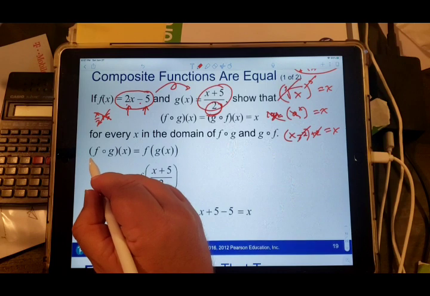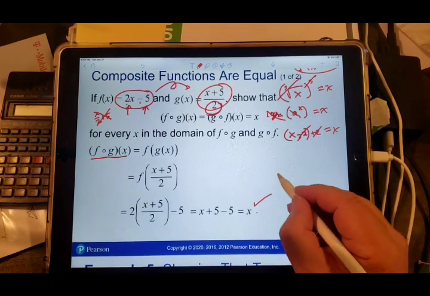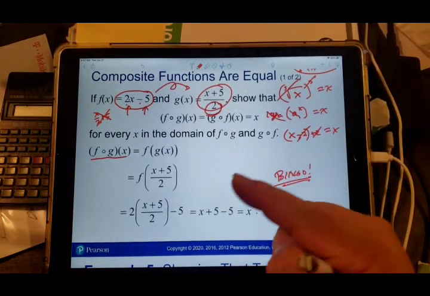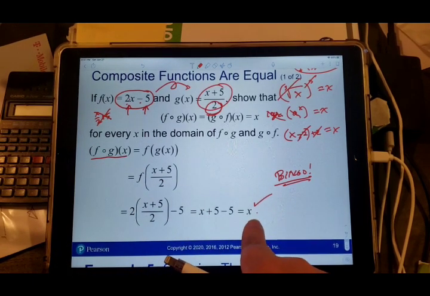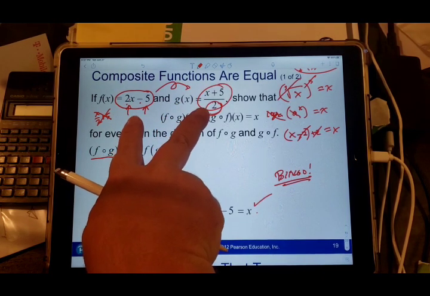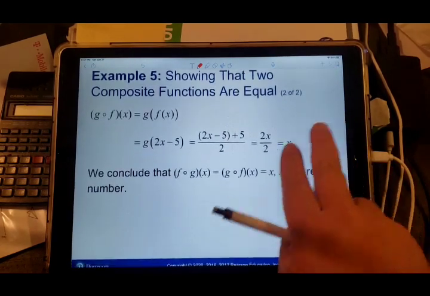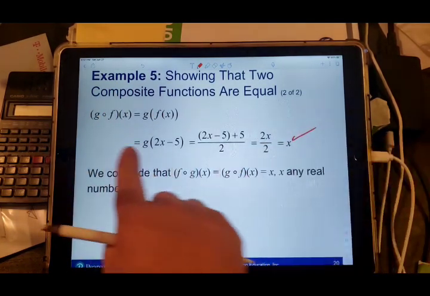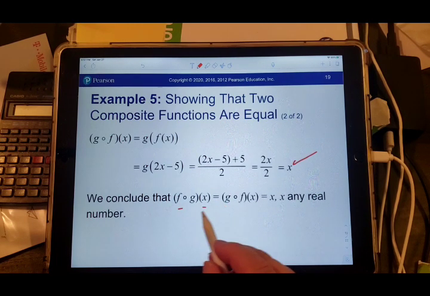And if you run f of g of x, you'll just get x. That is what I call a bingo moment, meaning you discovered something when you do this. What you discovered, and the wording of it, is that these are inverse functions. But that's more a topic of next section. But all right. It turns out if they cancel in one direction and give you x, they're also going to cancel in the other direction and give you x. So you get this